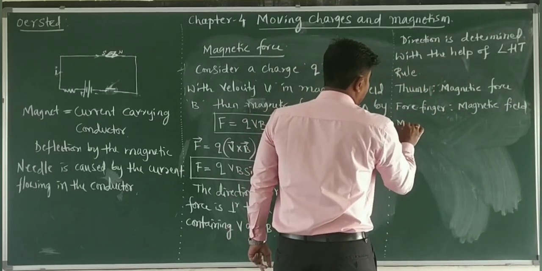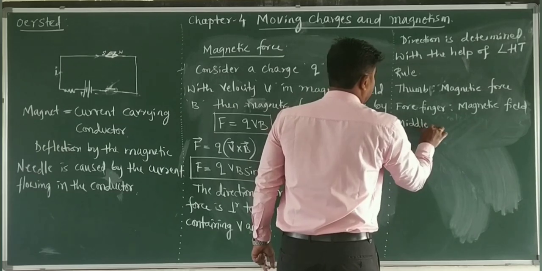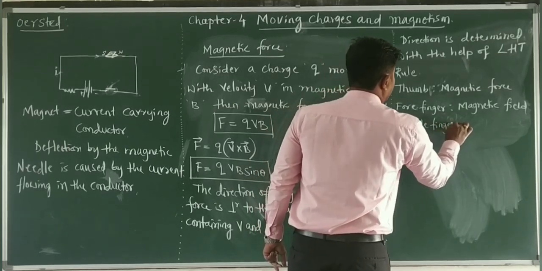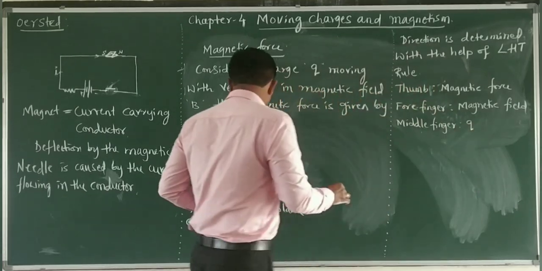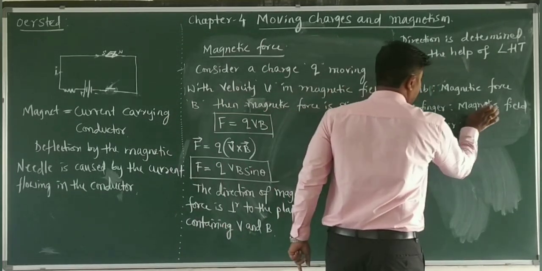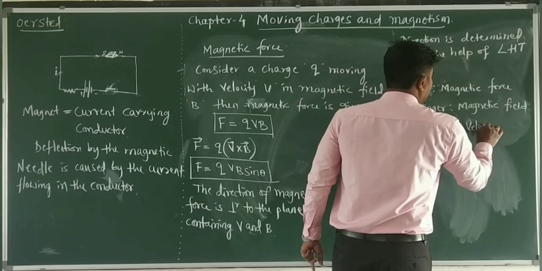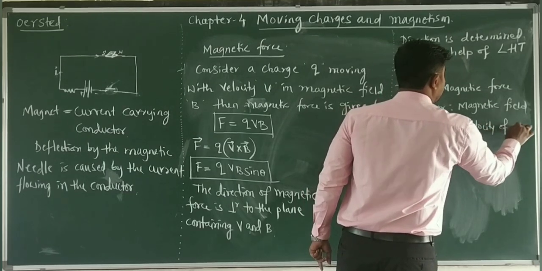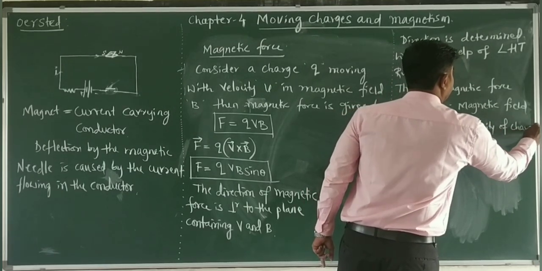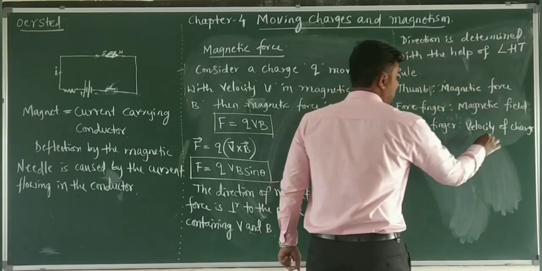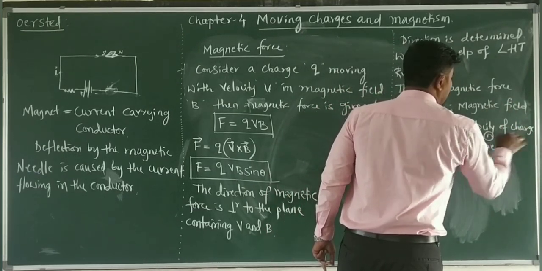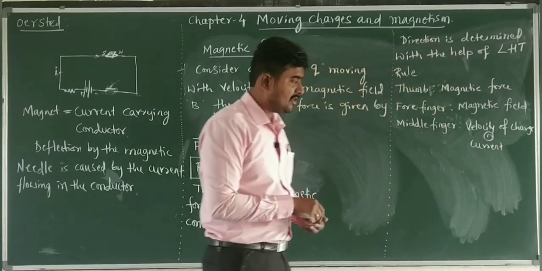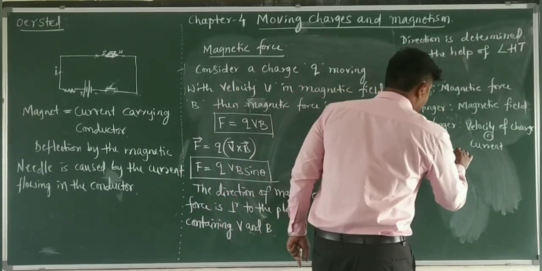And middle finger, in this formula actually, velocity of charge, or direction of velocity of charge, or it is nothing but current, because the flow of charge is nothing but what? Current, right? So remember,